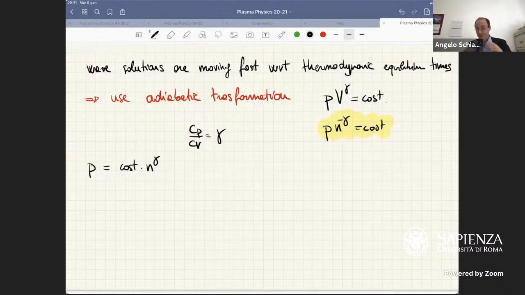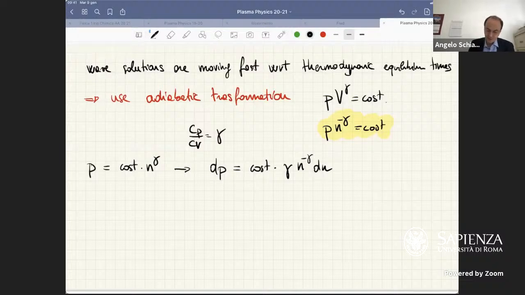The molar specific heat at constant pressure divided by the molar specific heat at constant volume is the adiabatic index. So we differentiate this, and we get that an increment in pressure is equal to a constant times gamma n to the minus gamma dn, a perturbation in